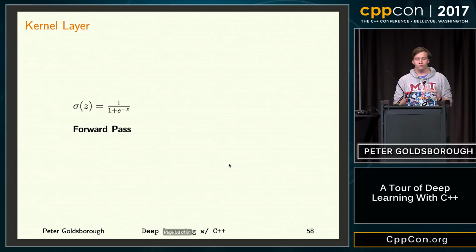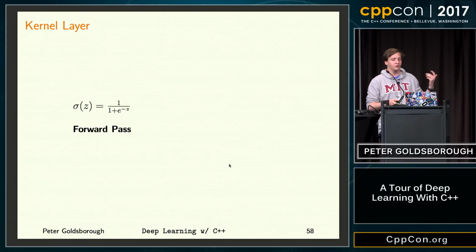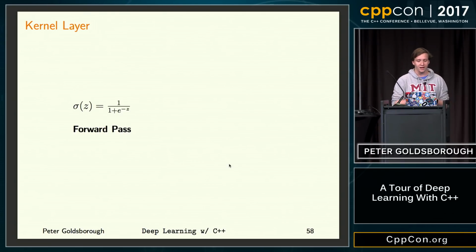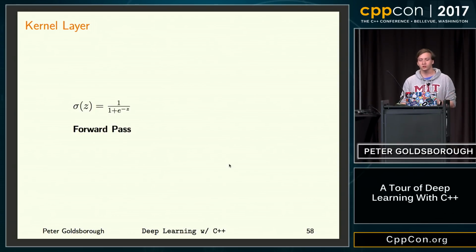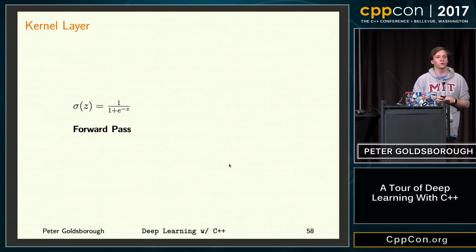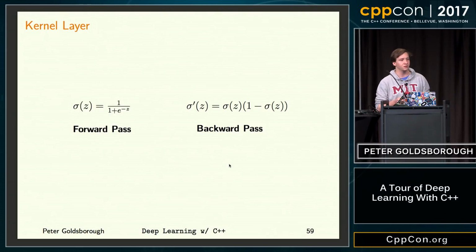And there's two things you need for the implementation of a kernel. The first is a forward pass, which is actually just the definition of the kernel. In this case, the sigmoid is usually denoted as sigma, and the input is usually z. So sigma of z, the definition of the function, is simply 1 over 1 plus e to the minus z. And then what we also need for a kernel is a backward pass. A backward pass is the derivative, and we need this for the optimization process. So for the sigmoid in this case, it's actually quite convenient. The derivative is defined in terms of the function itself. So it's the sigmoid at z times 1 minus the sigmoid at z.